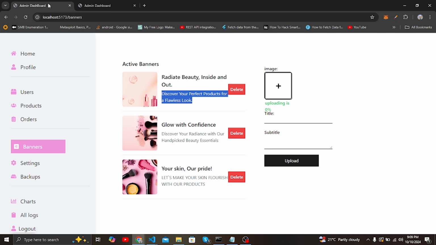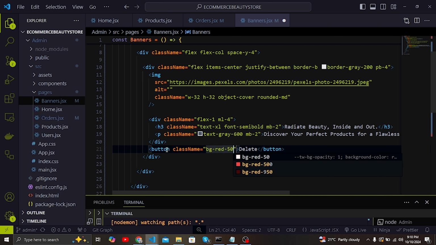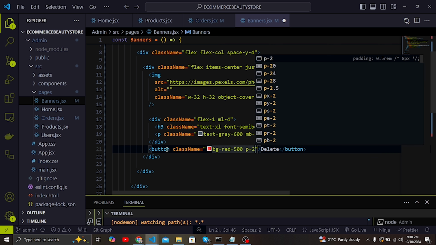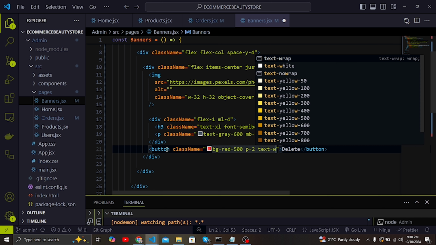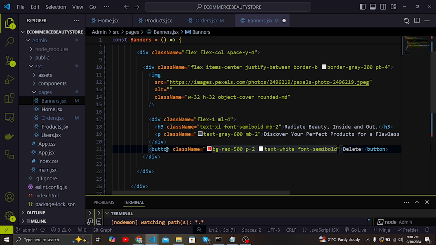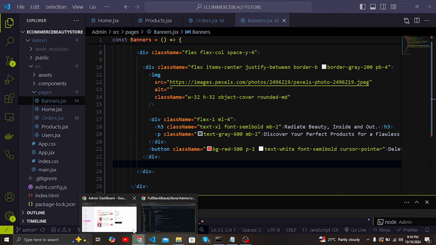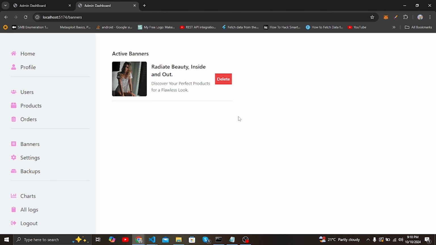And now I need to have this button here. So for this button, I'm going to just add it here. For this one, it will be easy. This one will be delete, and then we can have a class name here to style it. So I'm going to have a background color of red variation, and also I'm going to give a padding of 2. I'm going to give a text of white, and also I need to give a font to be semi bold, and also I need to give a cursor to be pointer like that. If I save that and then come back here, yeah, you can see